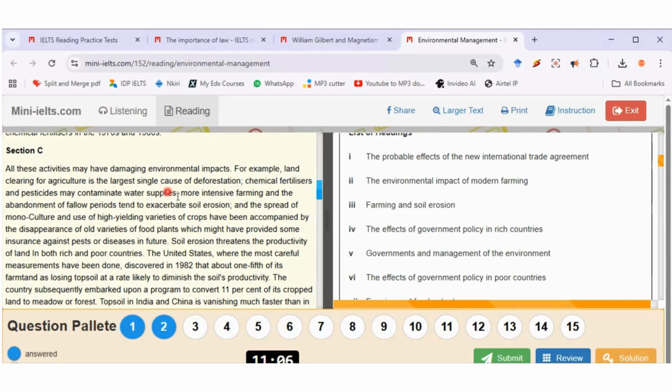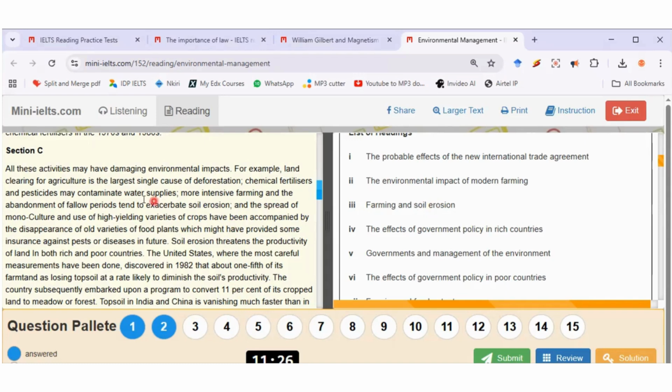Contaminate water supplies. More intensive farming and abandonment of fallow periods. Abandonment of fallow periods tend to exacerbate soil erosion. Can you see soil erosion is showing up here? There's one place, look at this, number 3, soil erosion. But I won't pick this thing yet because I'm not sure that the remainder of this section talks about soil